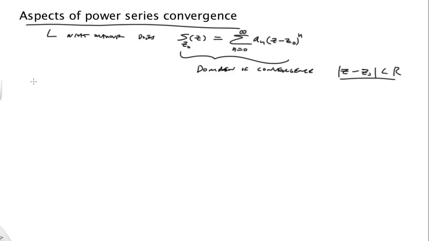And for finite sums, we can write S_N(z) to be equal to that truncated sum that starts at 0 and ends at capital N of a_n times z minus z naught to the n power. Okay, so some questions then. There's this notion, we've talked about it before, of absolute convergence.